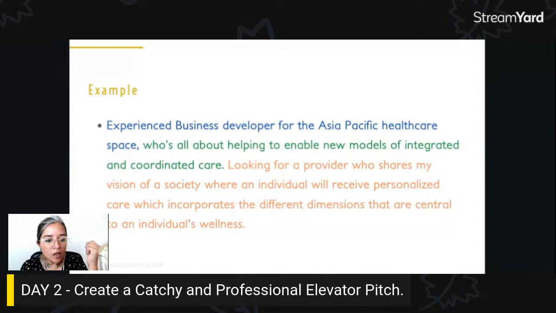Okay, what about if we have experience in different fields? Then you can create different elevators for different fields, because the point is that if I am an executive assistant, right, and my elevator is centered on being an executive assistant, that's what I want to share. That's what I want them to know about me. But I'm also a math teacher, for example.